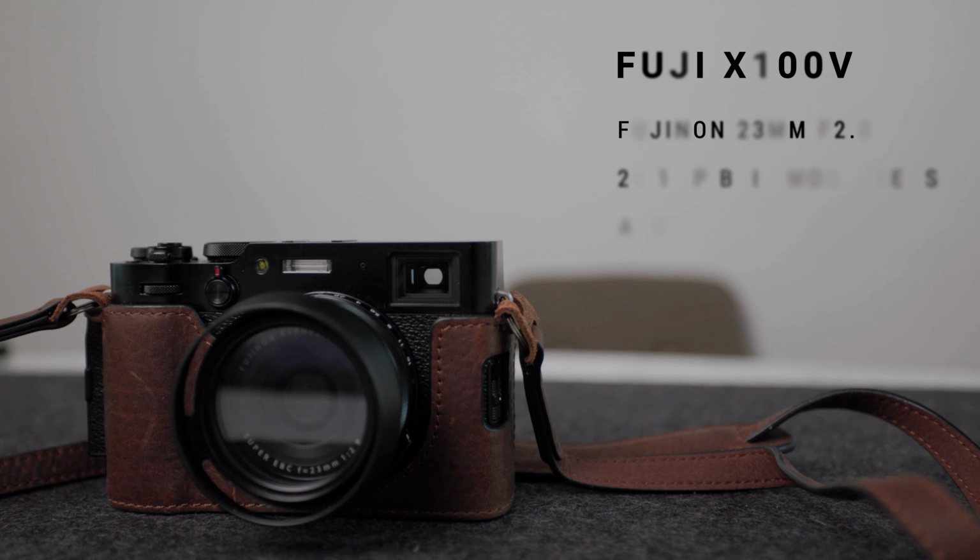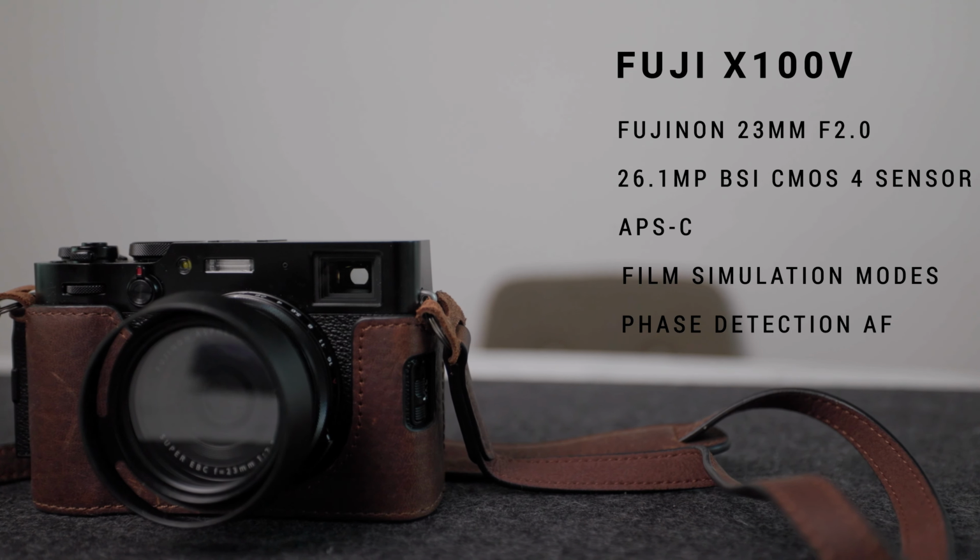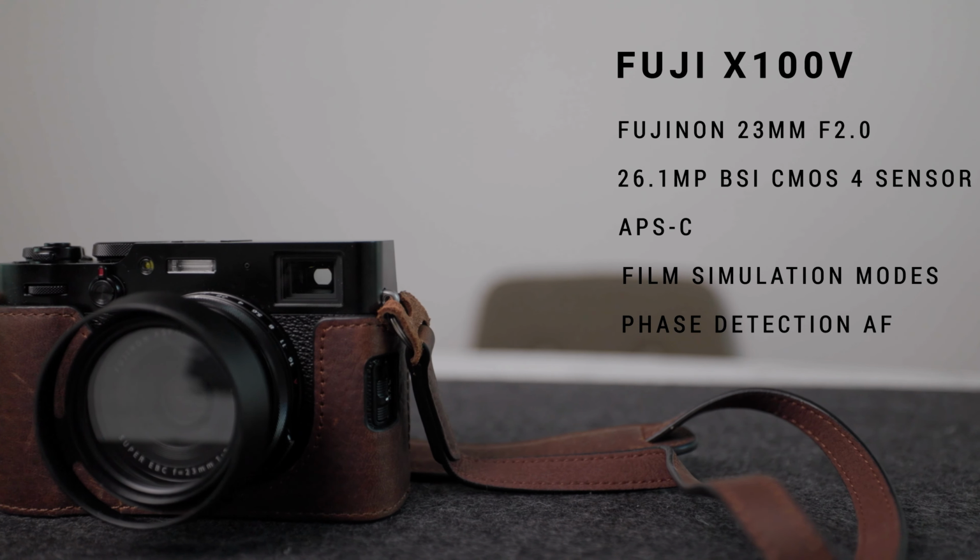So let's start with the Fuji X100V. This camera was launched back in 2020. It has been extremely popular. It's still very hard to get right now. I know Fuji has stopped production of it, but the secondhand market still doesn't seem to be flooded with them. It's still very hard to get a hold of one. It's undeniable that this camera became very popular and became an everyday camera for a lot of people, especially for